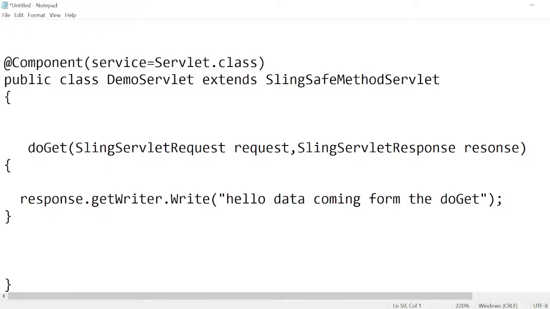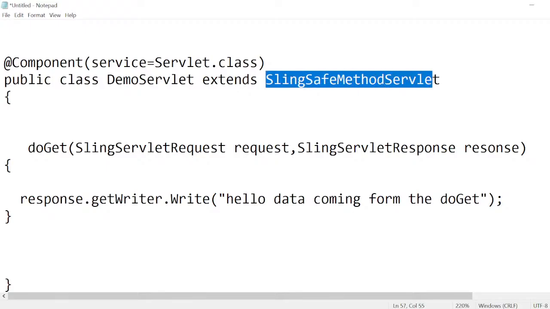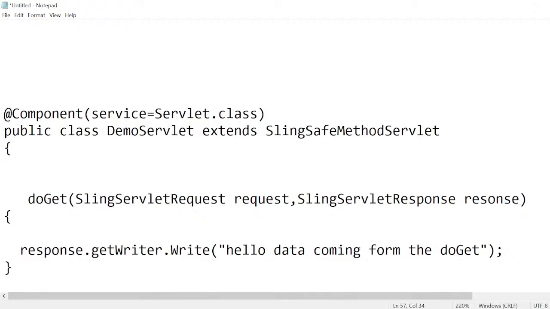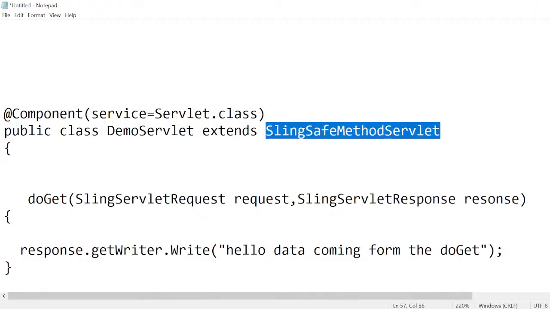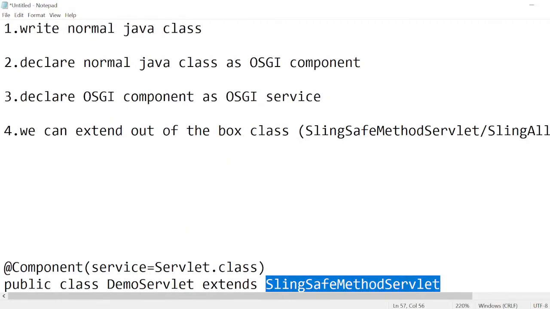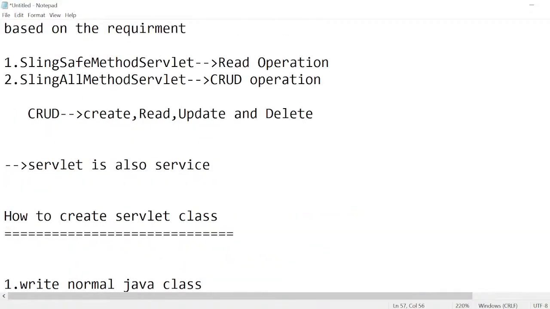There are a number of methods actually, but among those, in the SlingSafeMethodsServlet we only have the doGet method. Come here, we have the doGet method. But in the case of SlingAllMethodsServlet, there are a number of methods. But among those, we will use the doGet method, and